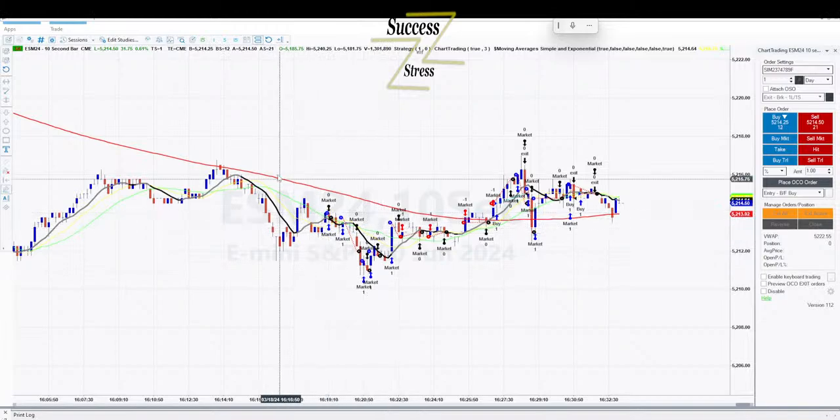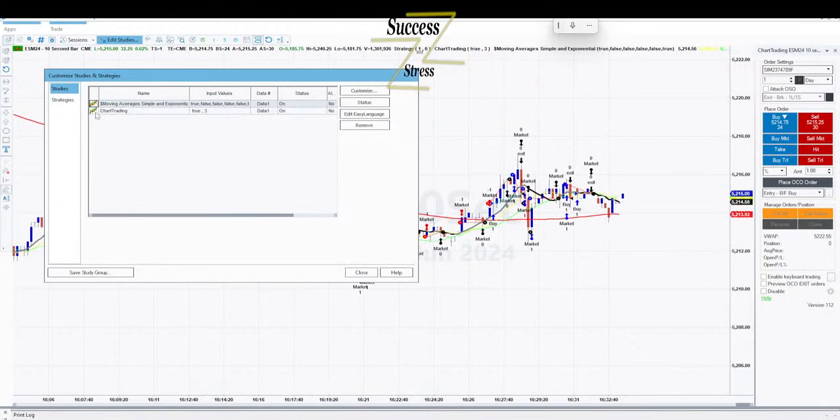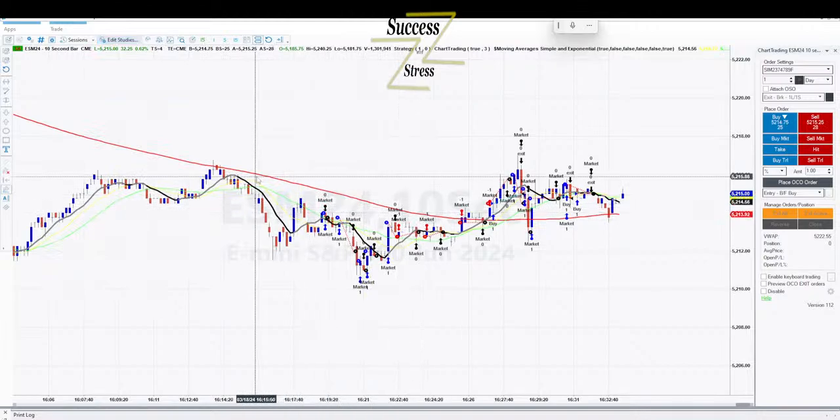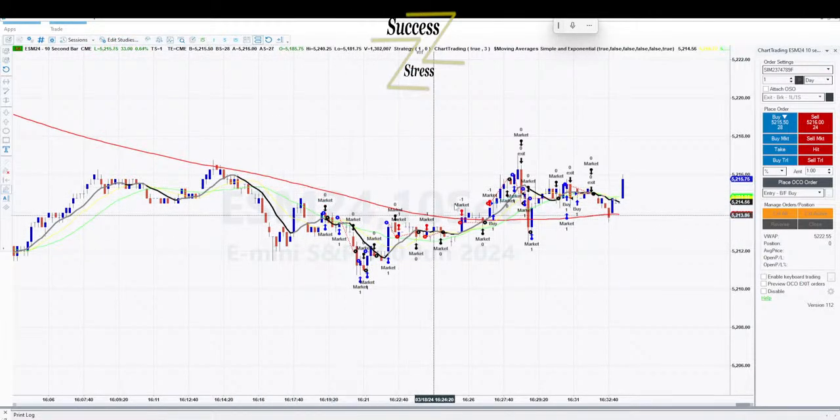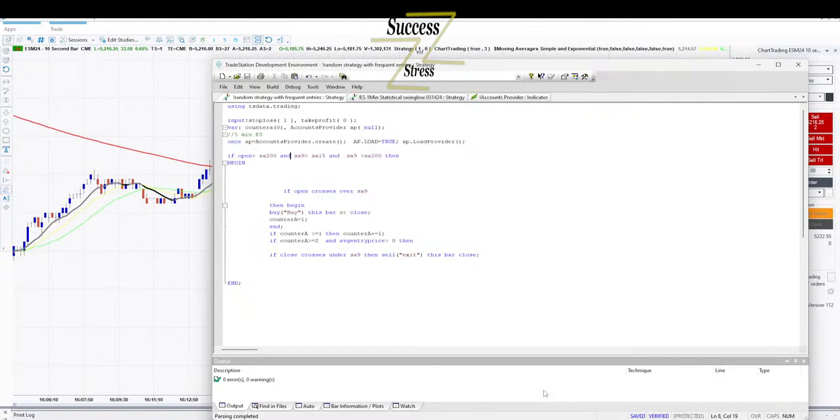Yeah, this isn't right, because none of these should be firing off. Let's see. We have another strategy. This strategy is off. All right. These shouldn't be firing because it should only be firing when all this is over top of the 200 period moving average. So if the open is over the 200 period moving average and the 9 is over the 15 period moving average and the 9 is over the 200